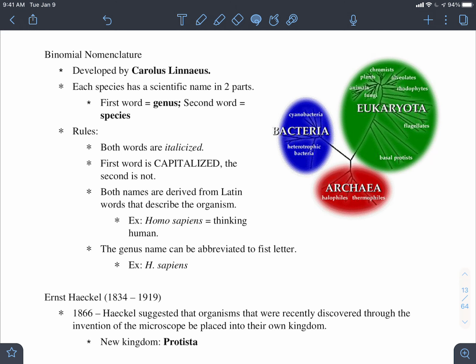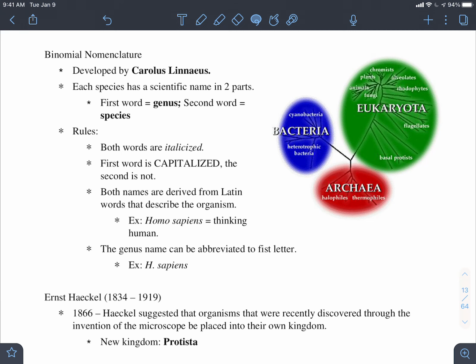Latin was used at this time as a sort of system of keeping science quote unquote pure because Latin was only taught to the educated or nobility. And Latin was also used across Europe where even if you spoke French or Italian, you would also do your science in Latin so that it was transferable.